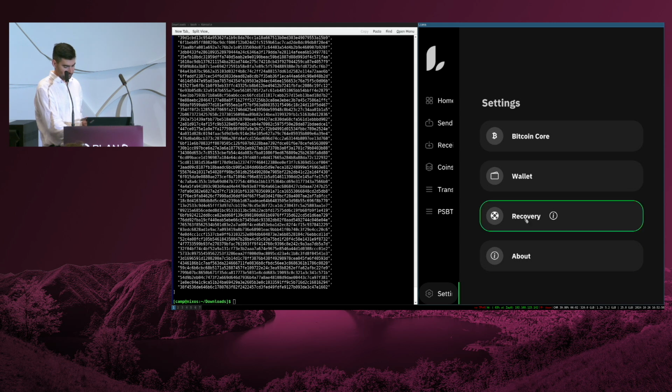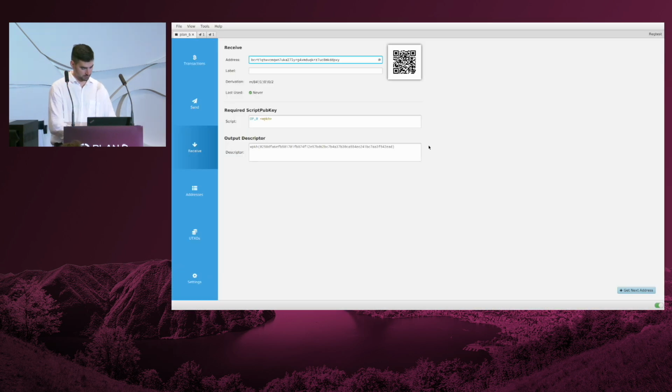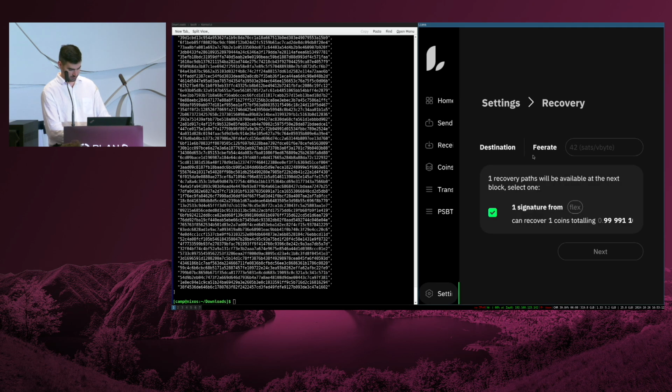Okay, so let's try to send everything from this to my Sparrow wallet here. Let me generate a different address. Send. Get new address, it's here. So I need this, I go back to Liana and fee rate.